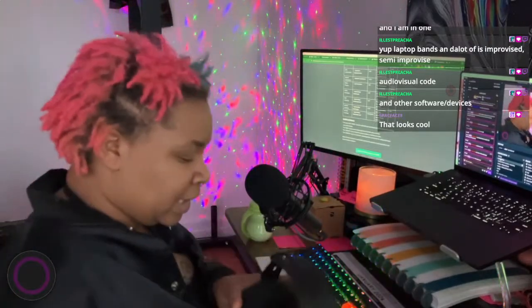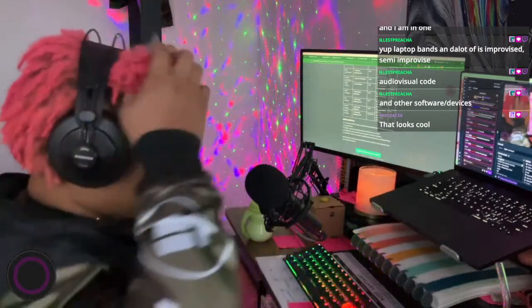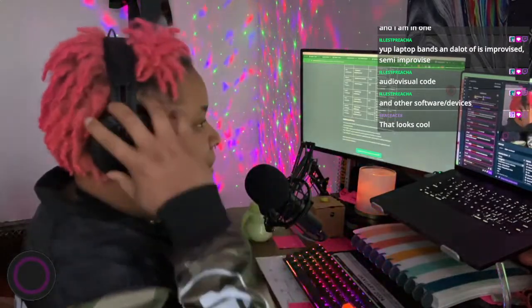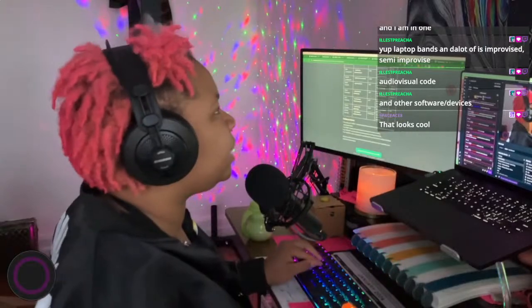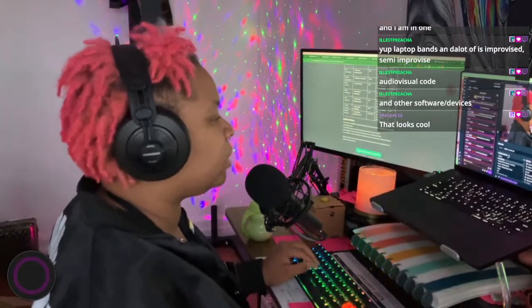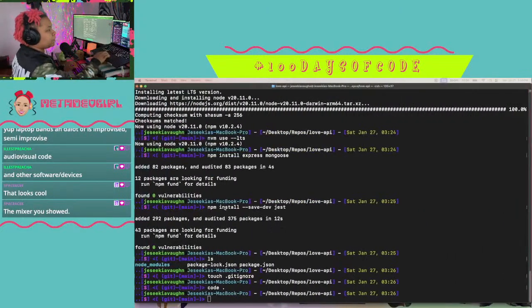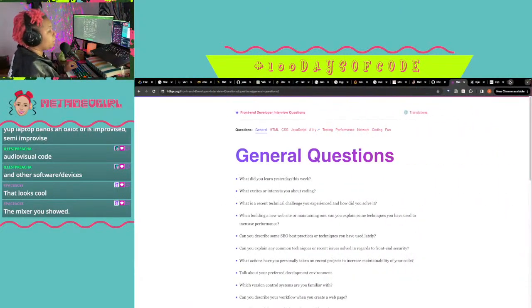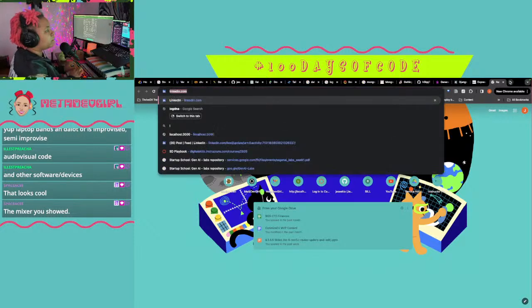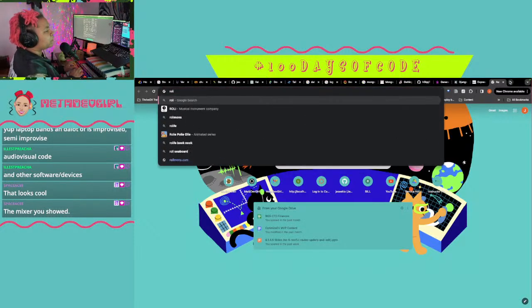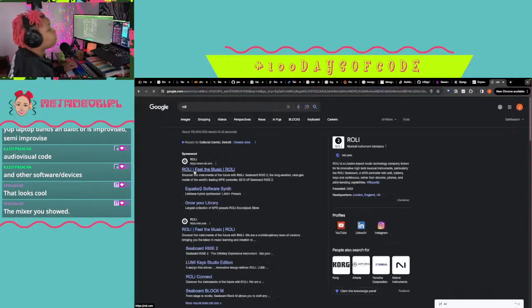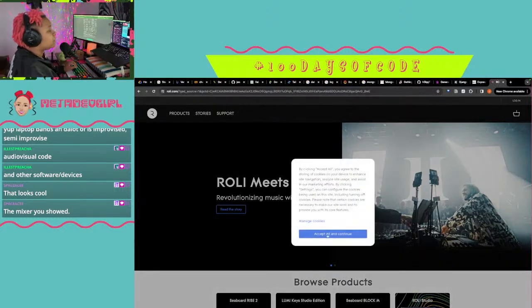the Lumi keys is from Roli. You can actually buy these now, but yeah, they make really cool instruments.